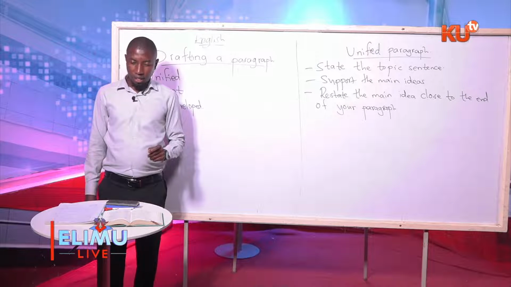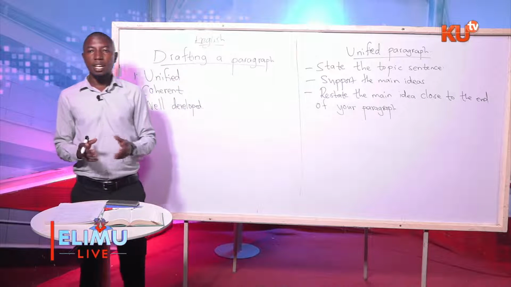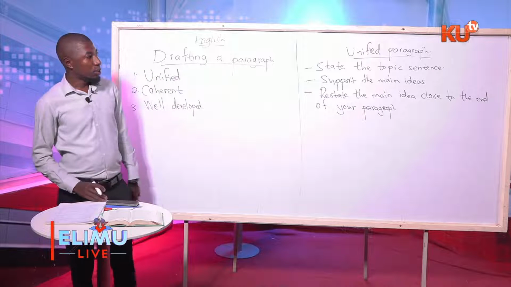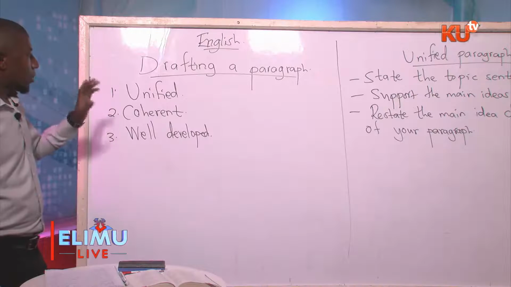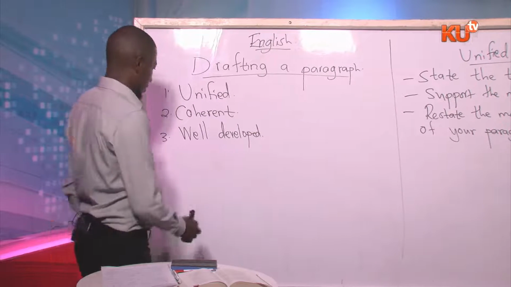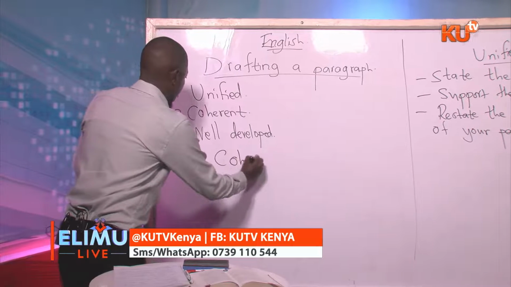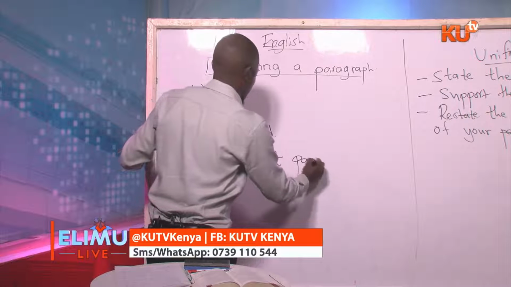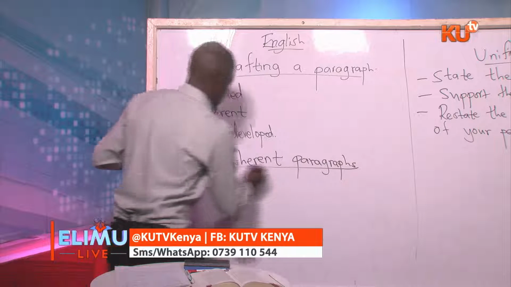So he or she has gone back to talking about the two species again, which he or she started when writing the topic sentence of that paragraph. And that creates unity in your writing. So unified paragraphs are very key because they help you remain on the main idea of the paragraph. And I'm going to move to the next